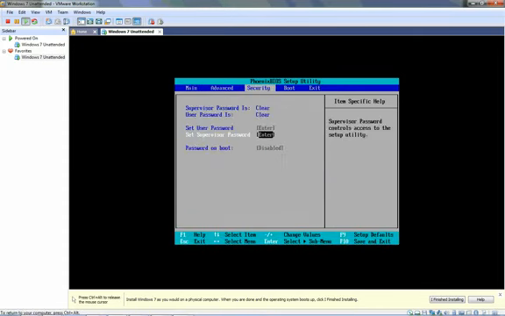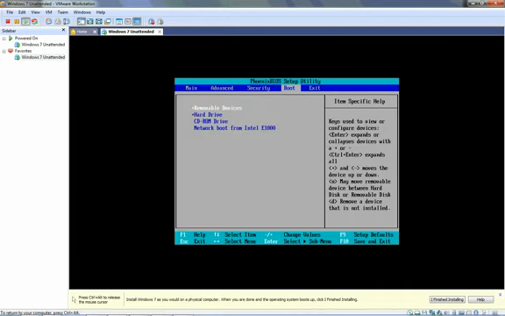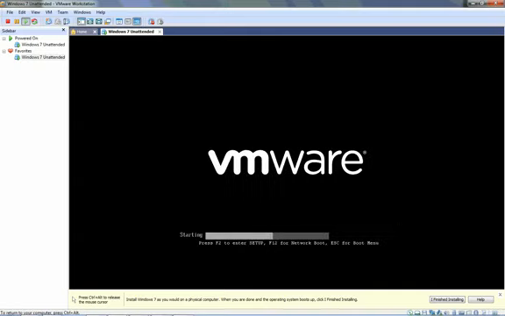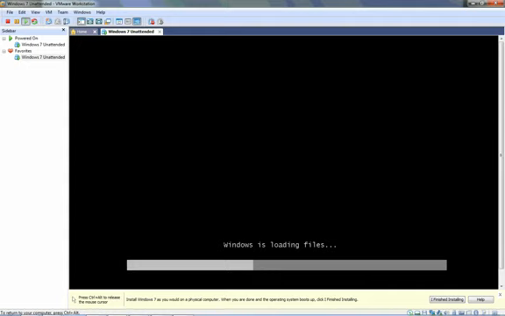So here I am in the BIOS. I'm going to right arrow 3 times, down arrow twice, press the plus key twice to move my CD-ROM to the top of my boot order, press F10 to exit, and press enter to accept that. And now my virtual machine is rebooting, and it should look to the CD-ROM drive and boot off of that